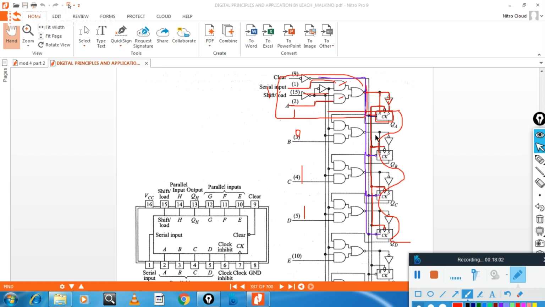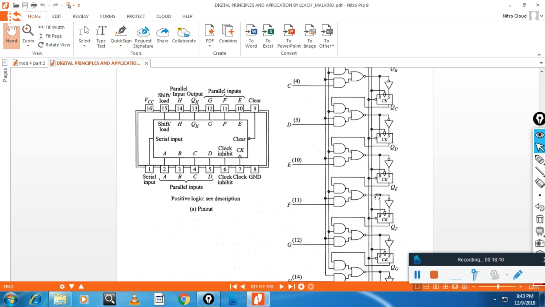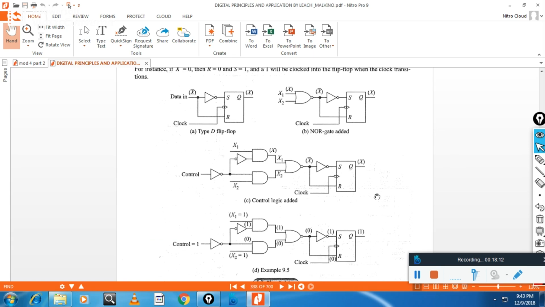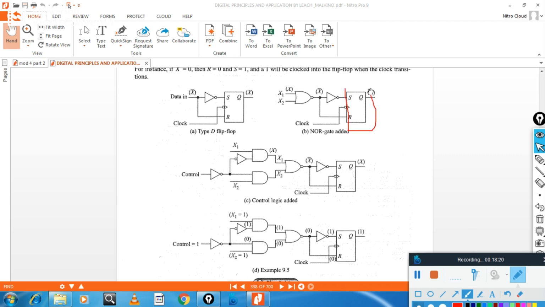So let me explain this once again separately here. In the exam, not only do you have to write this one, you have to write the other circuit diagram also. You see this circuit diagram. This is the explanation once again of the same. We are using SR. SR is connected to our inverter, and the inverter is getting its output from the NOR gate.